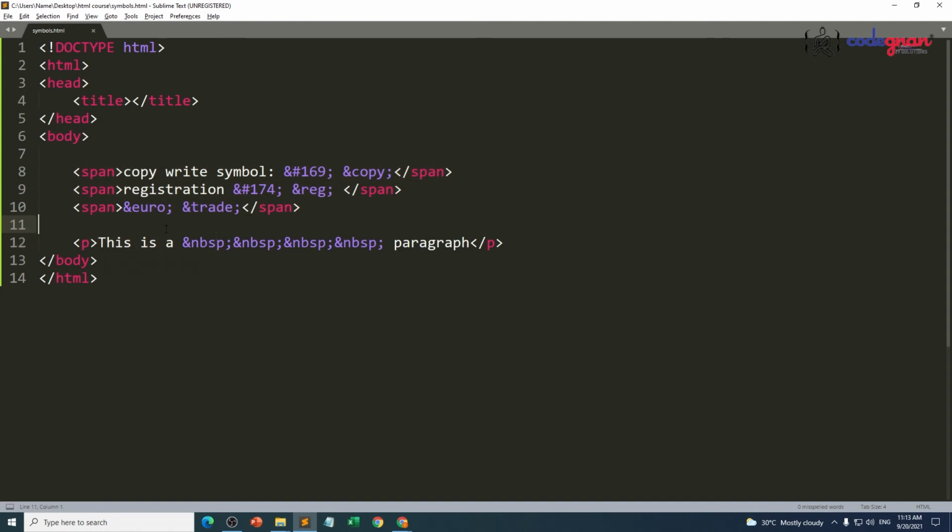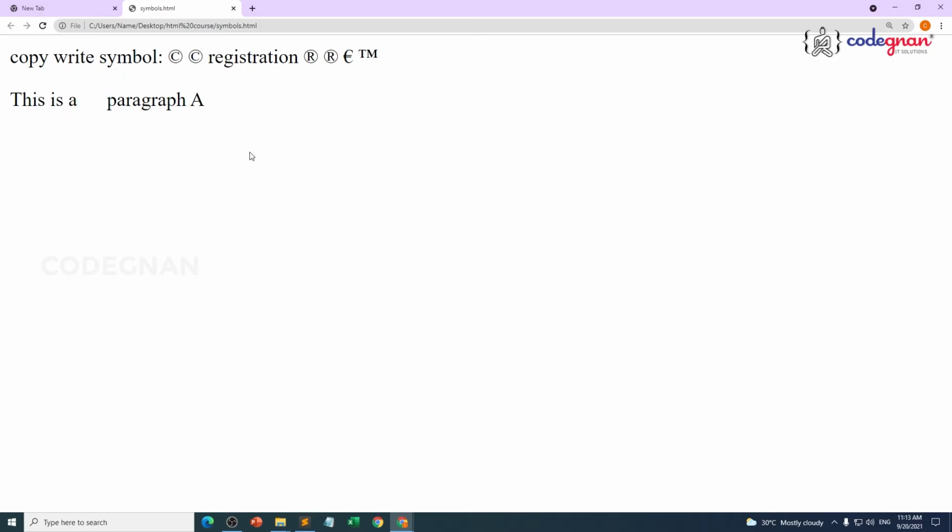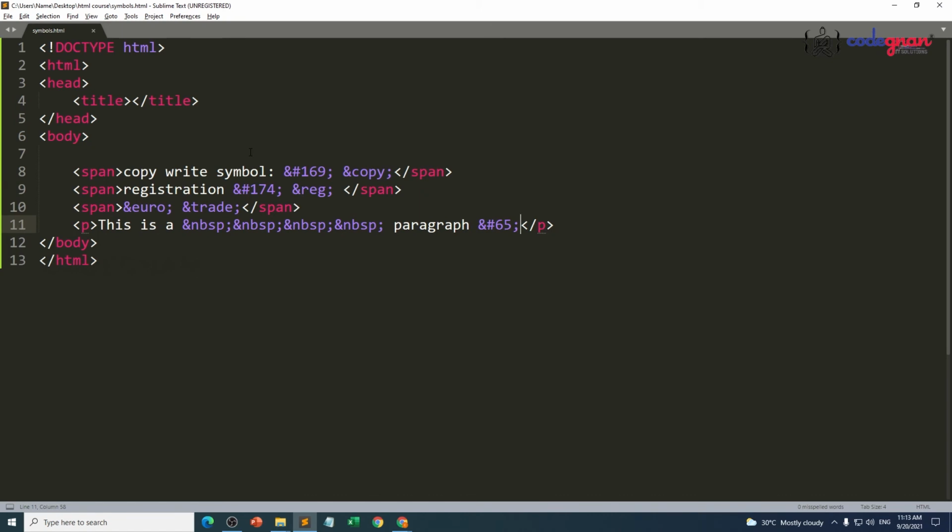And we are having one more thing called emojis also. You can use some emojis in your web pages by using some other values. For those things also we are having different types of values, some character codes, some IDs, and there is a character code for emojis also. Let me show you. Ampersand hash 65 semicolon. Control S, Alt Tab, F5. You can see a particular capital A. What is the information? ASCII value. This is what we call ASCII values.